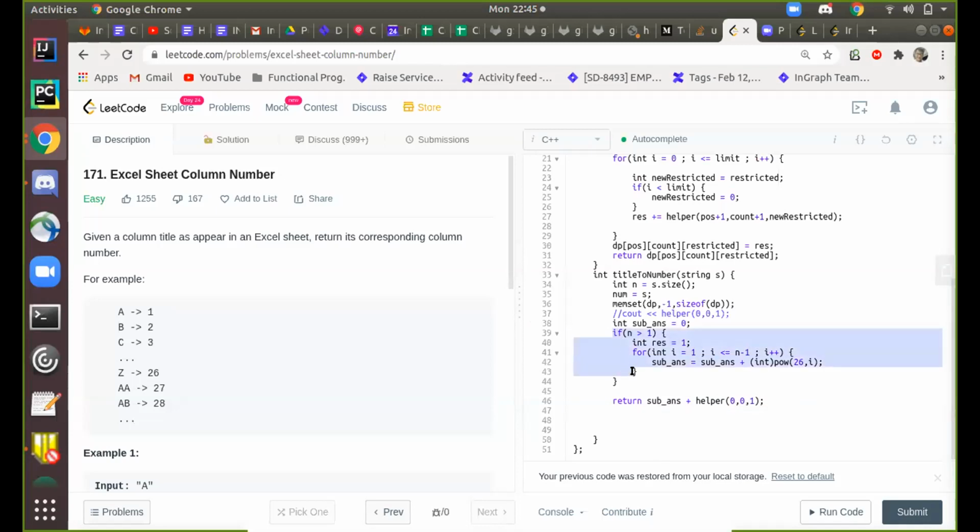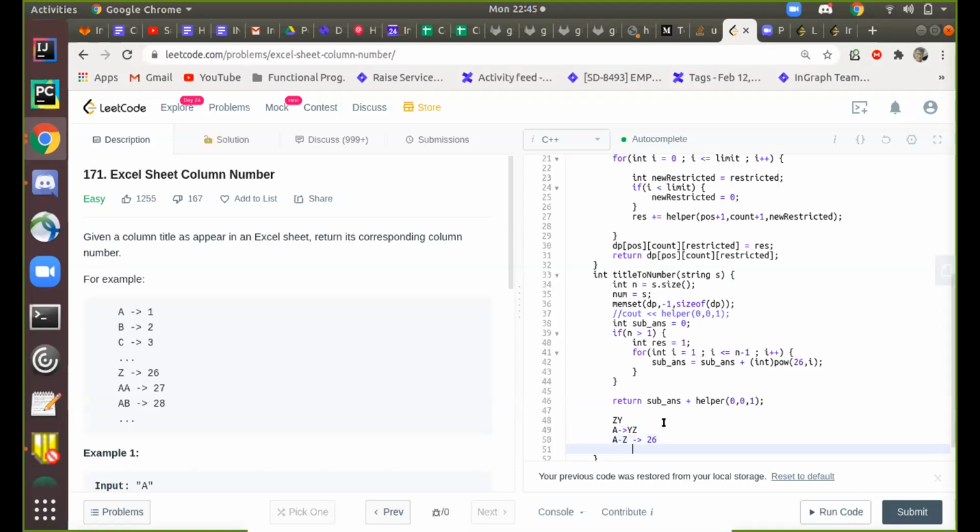So basically, this is the part where I said that, for example, we have to find for say ZY, then from A till YZ, we can obtain that using the formula, right? Because for A to Z, it would be 26, right?